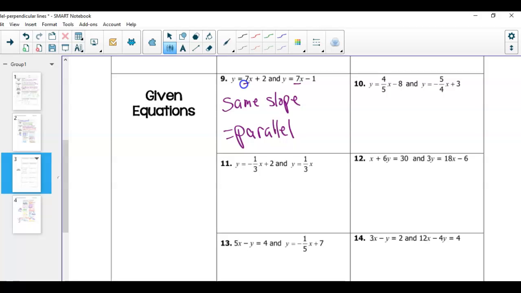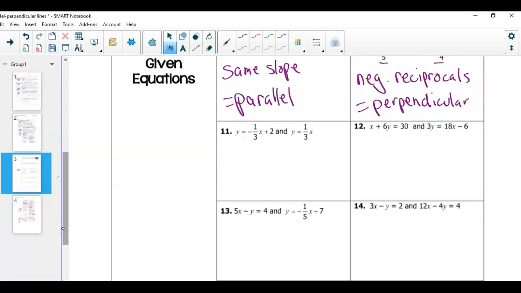For number 10, if I look at the slope, I have 4/5 and negative 5/4. So these are negative reciprocals, which means these are perpendicular. We're going to jump down to 13 and 14